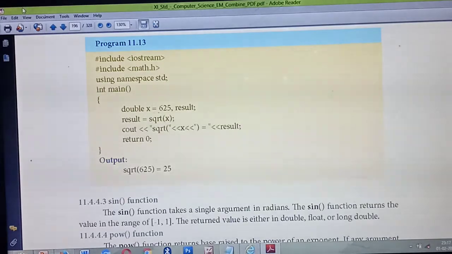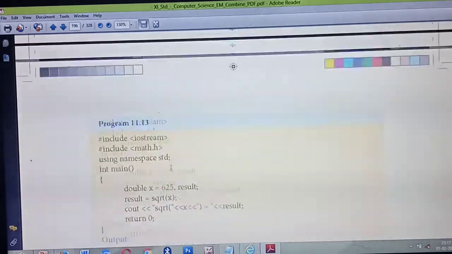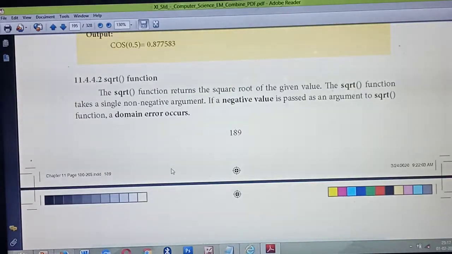So what's the result? Square root means taking the root of the particular number. So here sqrt of x. Next, you are going to print the variable. All the result is stored in which variable? SQRT. Now you are going to print the variable SQRT. Also, as you have already studied, you will get a result between the values -1 and +1. Listen, so here you are giving x equal to 625.